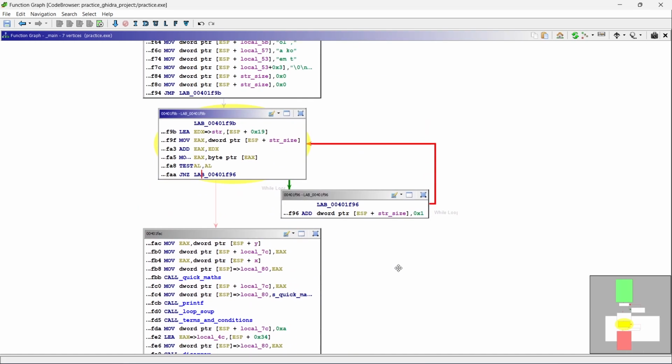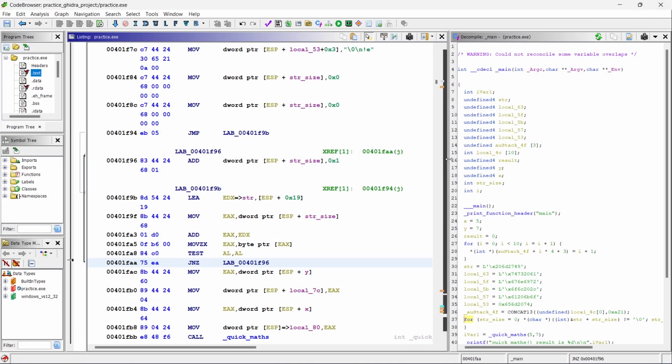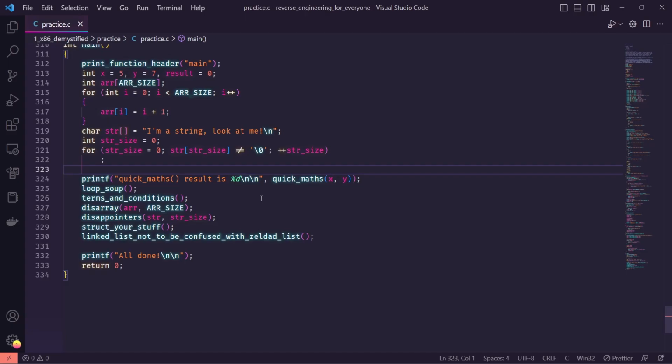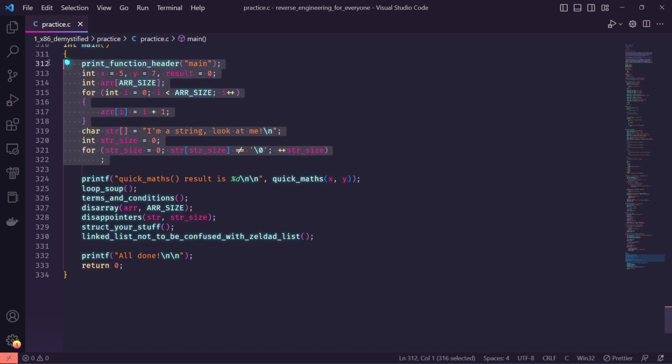So I just wanted to point out the graph feature in Ghidra because it is extremely useful. If you've used IDA, another disassembler, and they do have an IDA free version, by the way, IDA tends to default to showing you the graph view rather than the listing view, and I can see why, because a lot of people enjoy the visual aspect of that. All right, so already we are halfway through our main function, at least on paper it looks like that, but